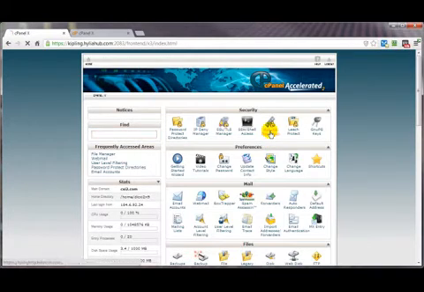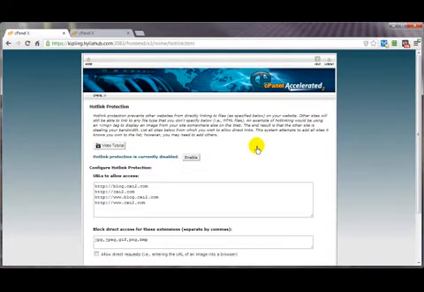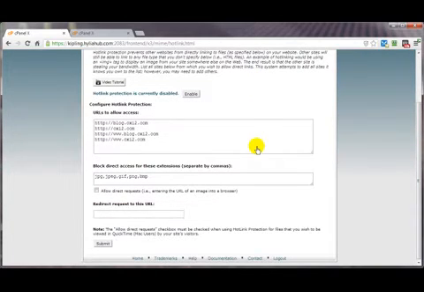Let's take a look at this real quick, because sometimes there's not much you can do about people taking your stuff, but for them to take your stuff and to steal your bandwidth in the process, that's like a double slap in the face. So here's how you can protect your bandwidth. You may not be able to protect your stuff, but you can at least protect your bandwidth by enacting or